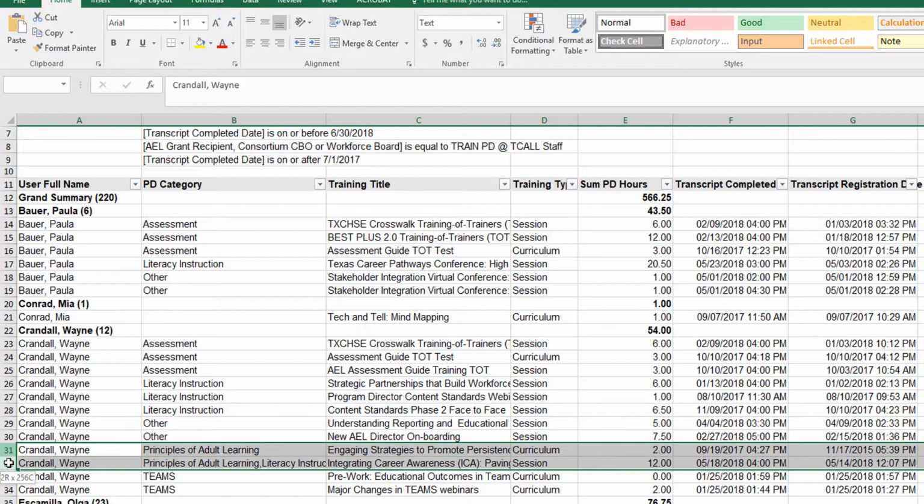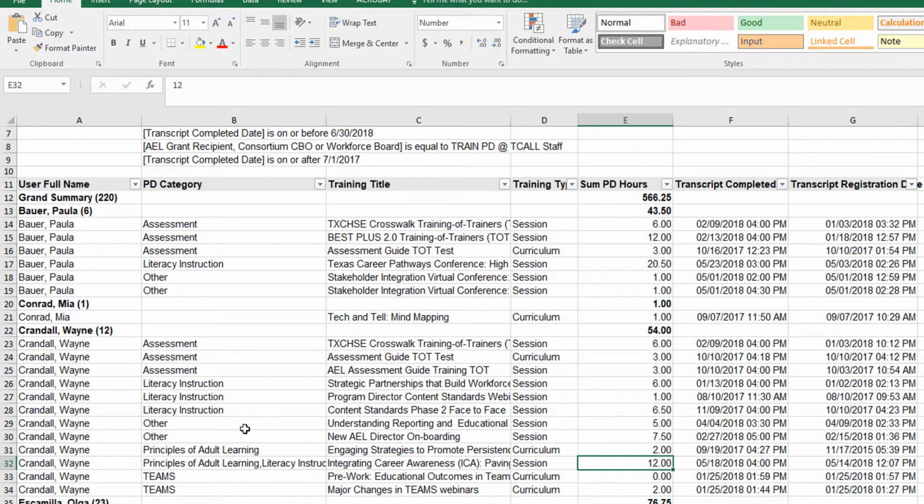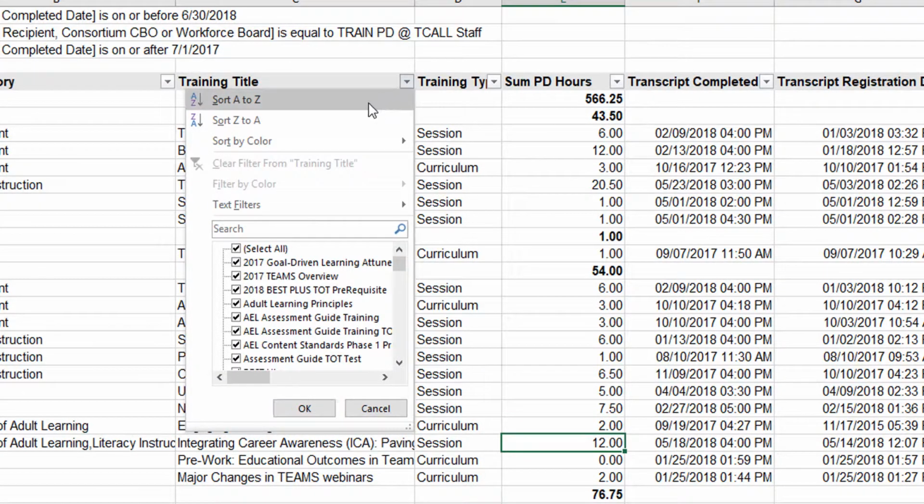I know that the Principles of Adult Learning category is often a big one that people need to fulfill. So for instance, I can look, he's got Principles of Adult Learning, 2 courses for a total of 14 hours. So that's another way you can look at the information. For instance, I know that one course that everybody has to take is goal-driven learning. So up here where it says training title, I can click the upside down triangle and I can filter. I'm going to deselect all and I'm just going to select the courses that fulfill goal-driven